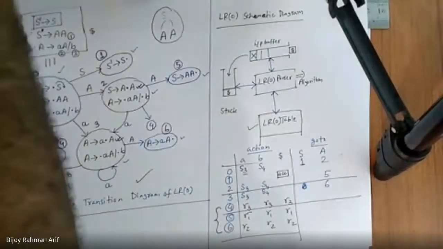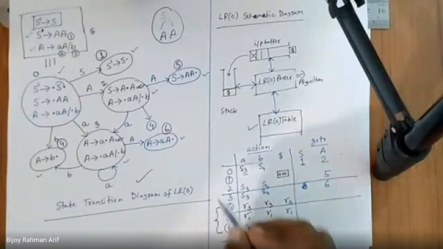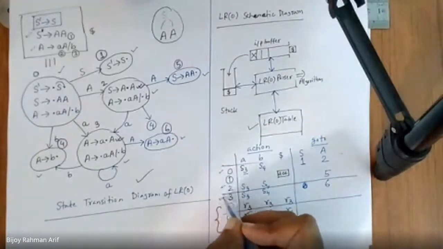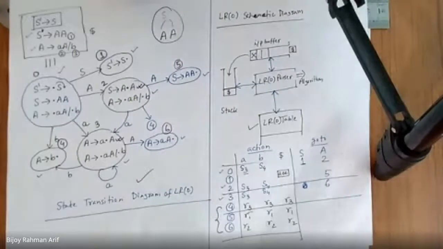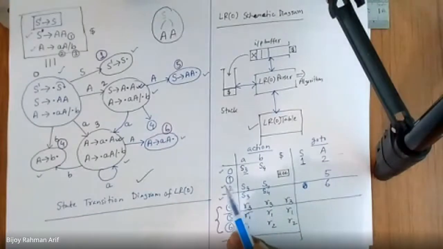Okay. Another important thing is, except these final items, that means states 0, 2, 3, they would be the same in all LR parsers. All the LR parsers have the same entries in the table for these. But the reduce moves, that means the reduction entries, are going to change based on the parser. And we are going to learn how we are going to change that. Is it clear, guys? Then we are going to start parsing.